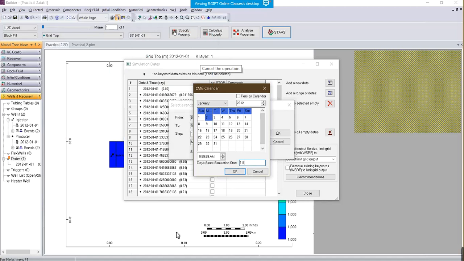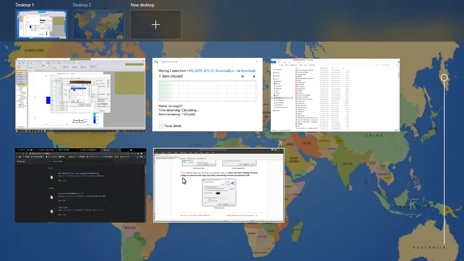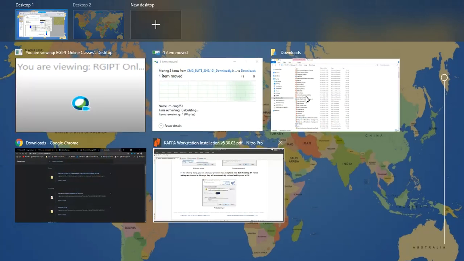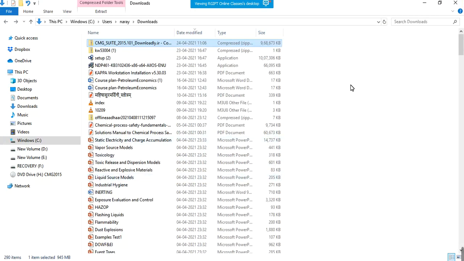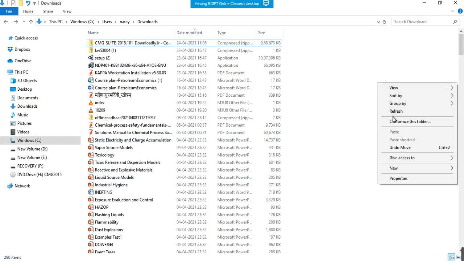The steps I am adding as hours. Okay, and so this range of dates corresponds to the time in which the SP flooding was done,